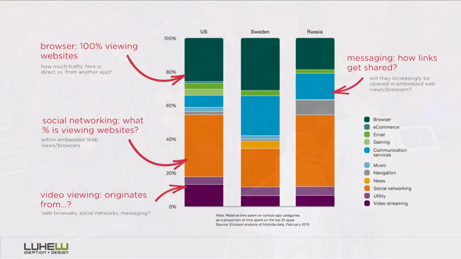So this is relative time spent on various kinds of apps, on the top 25 apps, and this is from February of 2015. So if you look, gaming actually in the US has a pretty big chunk, but in other regions it's a lot smaller. And the biggest chunk across the board is social networking, followed by communication and browsing